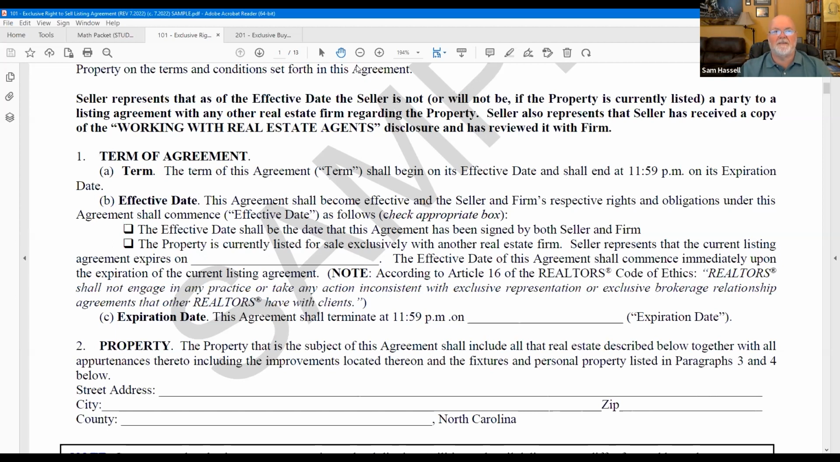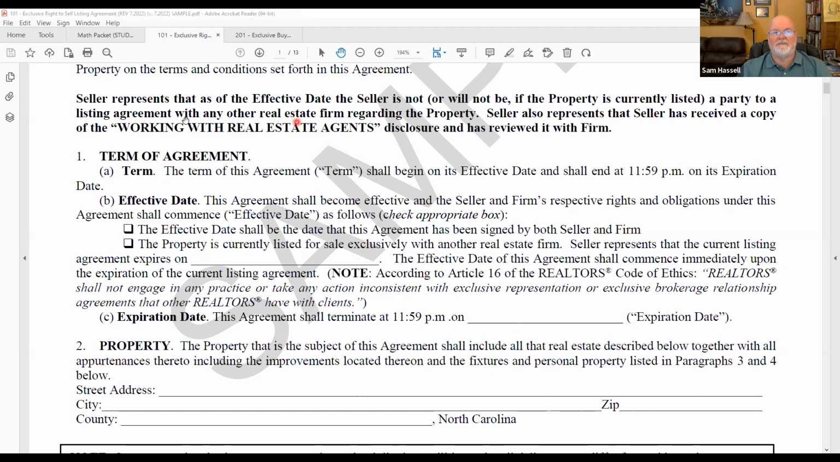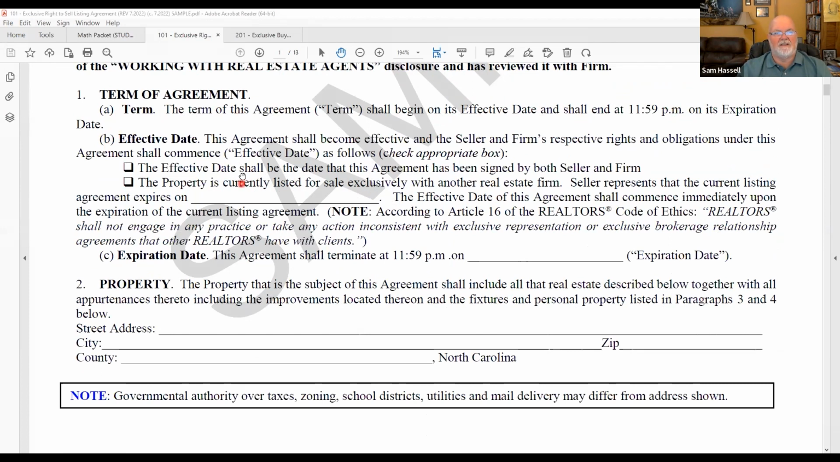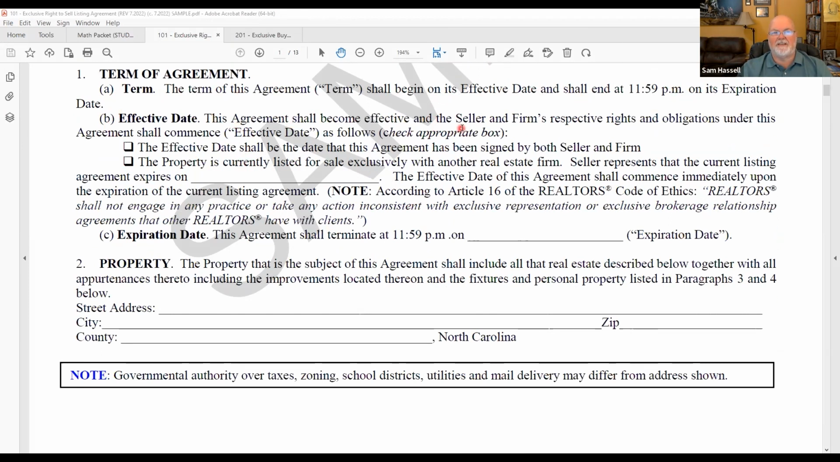All right, so we're going to ask them straight up. Have they gotten this? All right, have they gotten this? And we want to make sure this is what we talked about earlier, right? How long is this going to be, right? Effective date was the day we have the last communication, last signatures, initials, and it's going to end on its expiration date. All right. So the agreement shall become effective, and the seller and firm's respective rights and obligations shall commence on either the effective date, all right, or if the